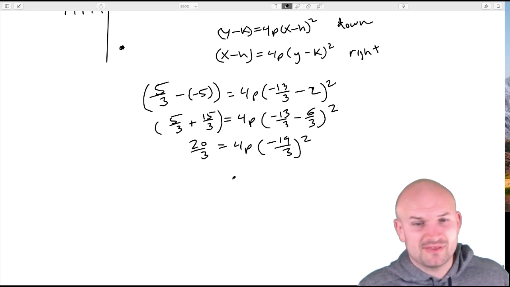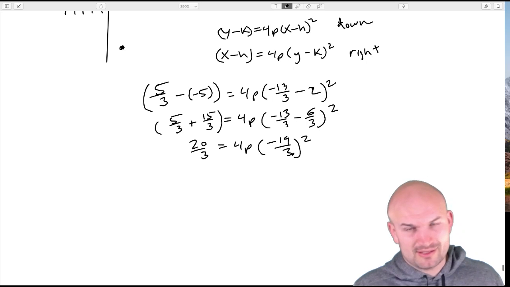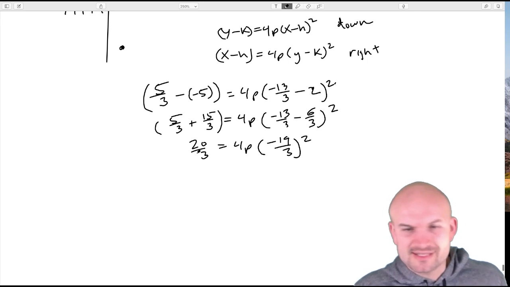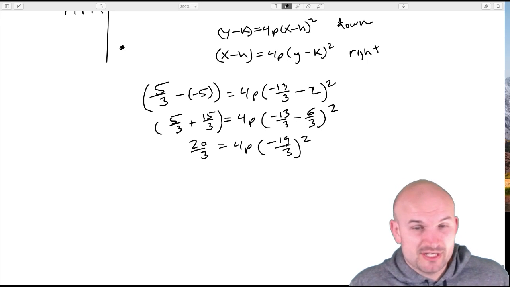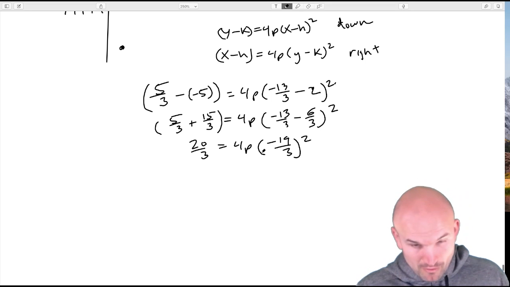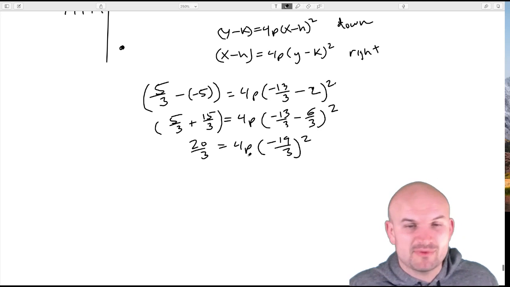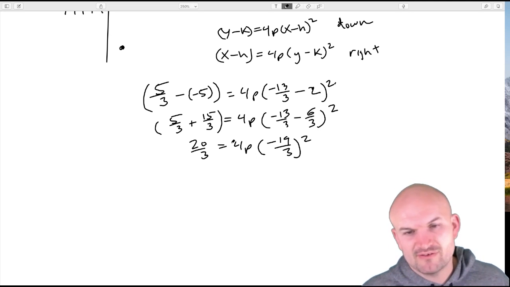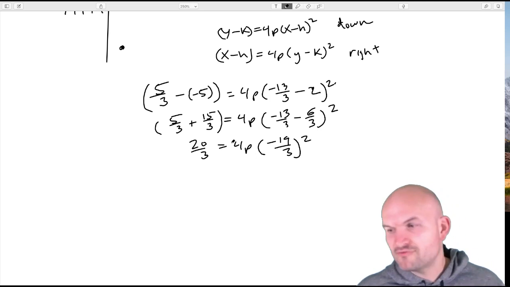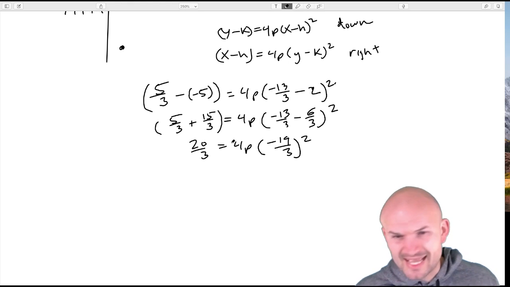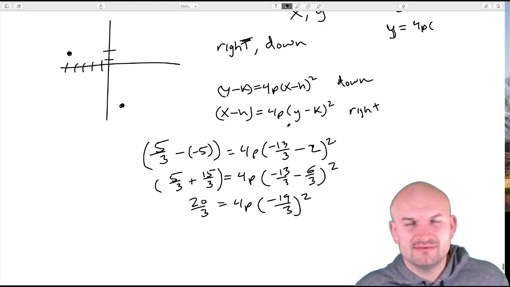Okay, so at this point, I will just go ahead and call it, because I'm not going to work through all this craziness. But again, all you're going to do is just square this, multiply it by 4, and divide on the other side, and then you're going to get some crazy number for p, but that's going to be your value p. So hopefully at least you got over the fraction portion of it. And yeah, that's just not a very nice problem.